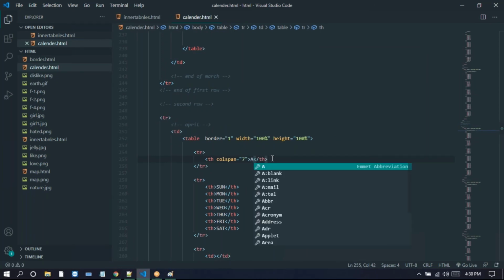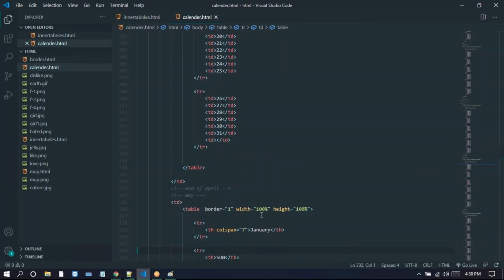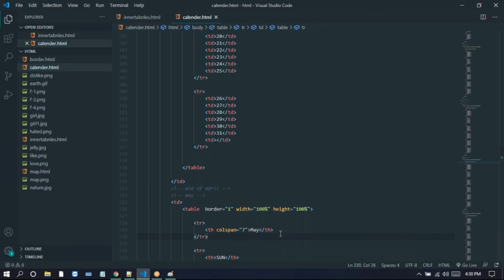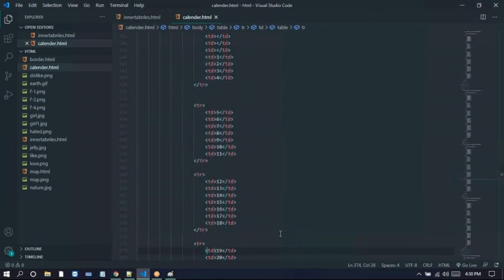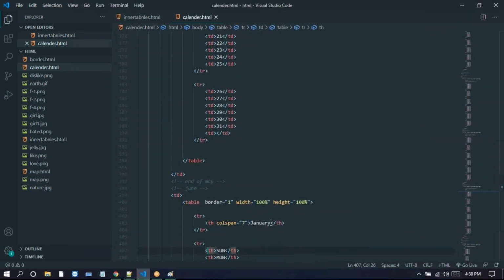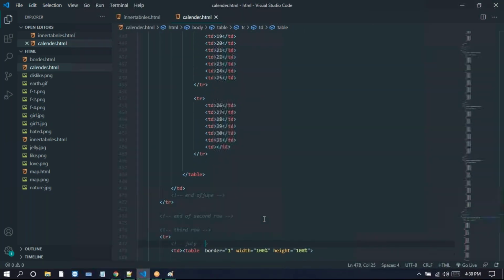Now you can go for this. So here, we can change this to May here. Just change this to the May month. So this is a May month. Now go down here. So we have June month. For this June month, we just change this to June here. Now we just go for here. We just change this to July. So look at this one. Just changing to July.